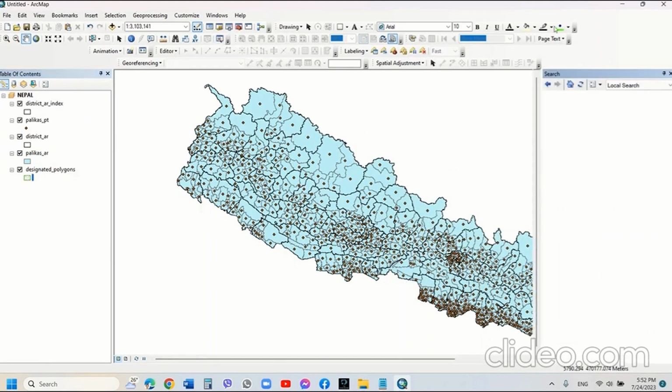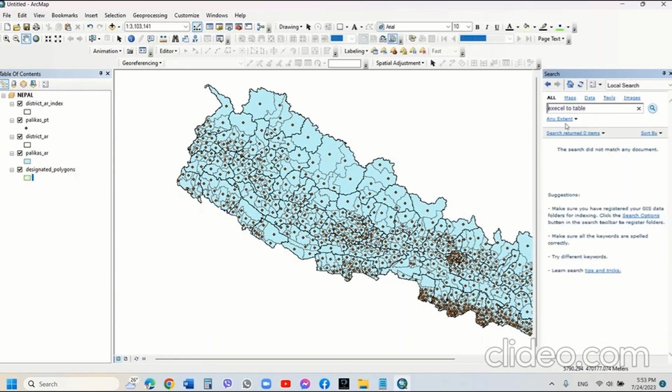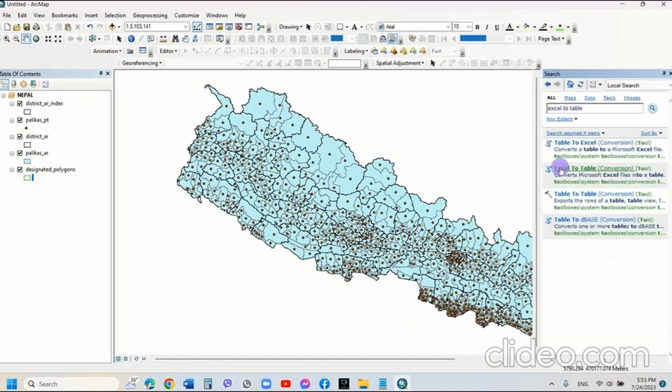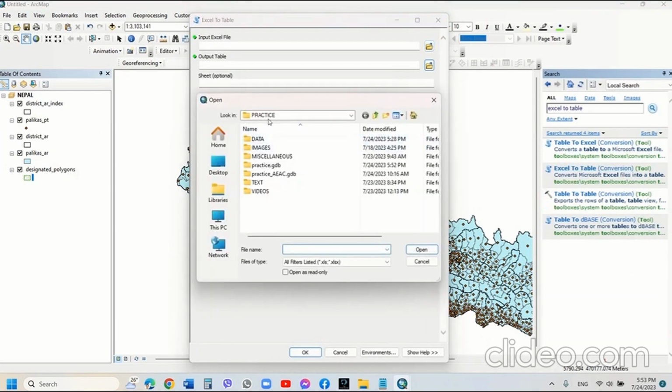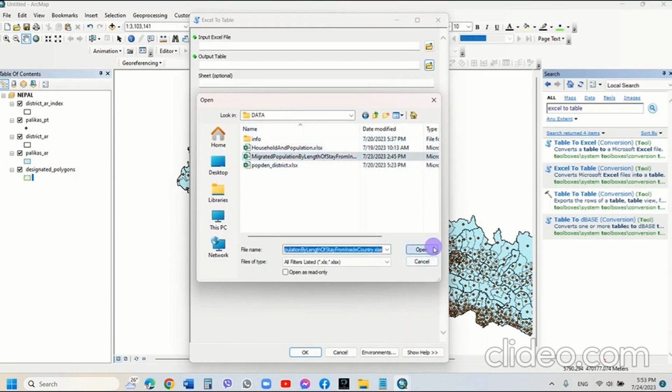For this we use the toolbar Excel to Table, and we import our Excel data into our ArcGIS project as a table. So let us specify the data. It is inside data, migrated population, open,